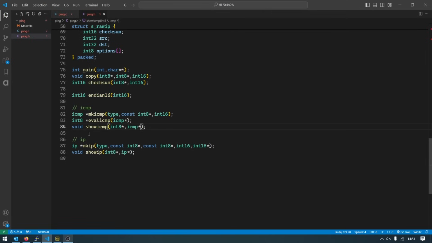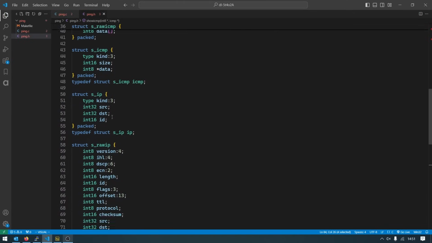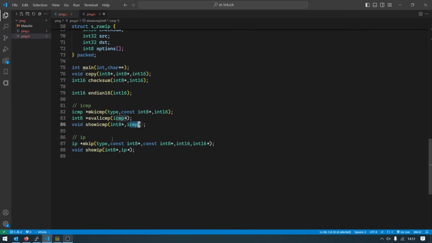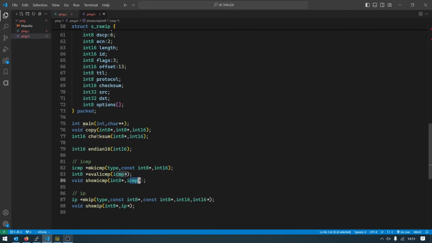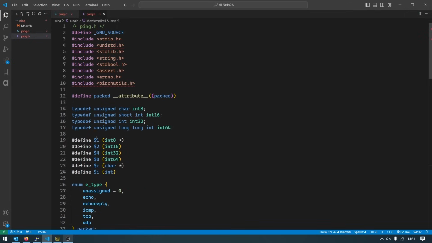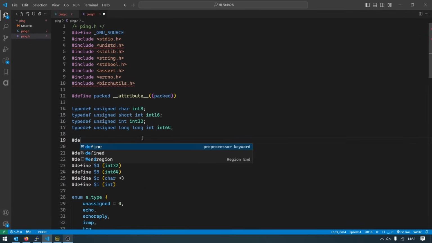macro which is just called show, and it takes one argument. So either an ICMP packet or an IP packet, and it will recognize the type that we give it and use the right function for that. So let's define it something like this. So define show, and it just takes an X,